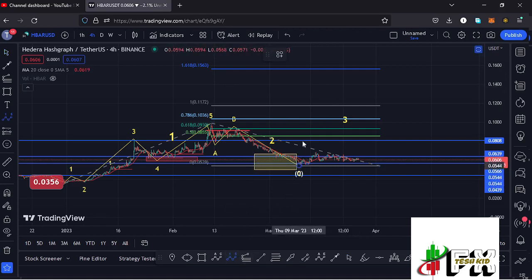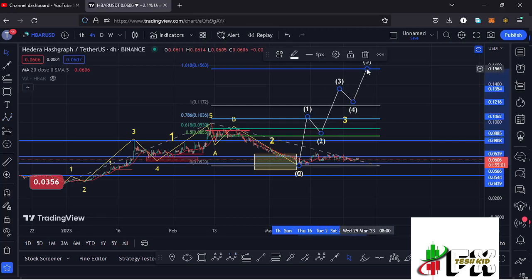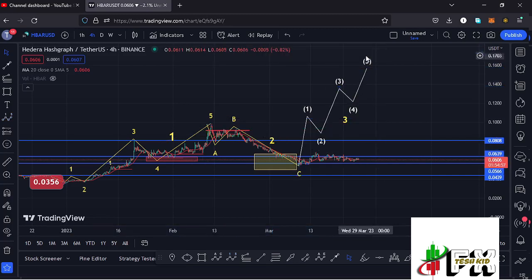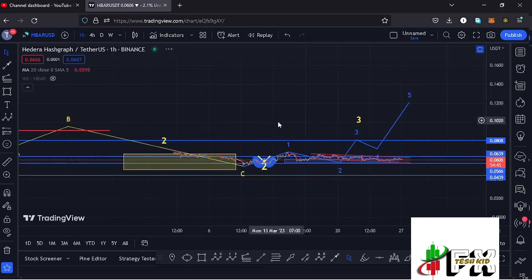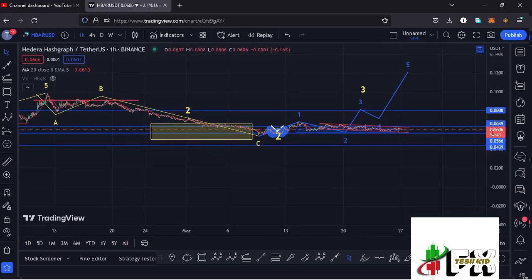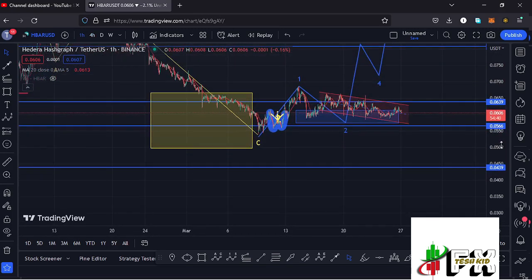And because of the impulsive nature in the formation of that wave 3, I'm also expecting to see a 5 wave structure in formation, having the wave 5 fully maximizing our target areas and also giving us the high for that wave 3 to the upper side. And it is this micro Elliott wave count within the formation of this wave 3 that I'm expecting to give me the short-term scenarios here on the Hbar chart, and I believe that is better seen here on the 1-hour chart. So jumping to the 1-hour chart for further analysis and to give you the short-term scenarios,